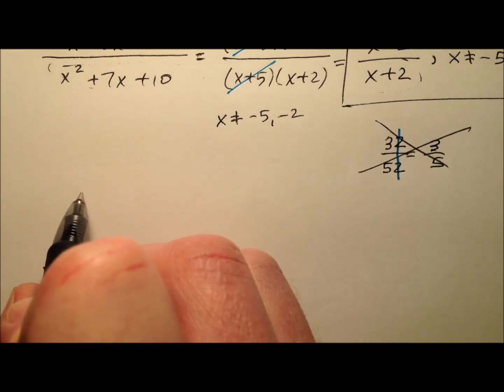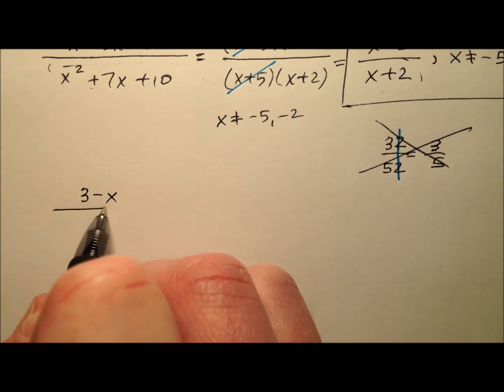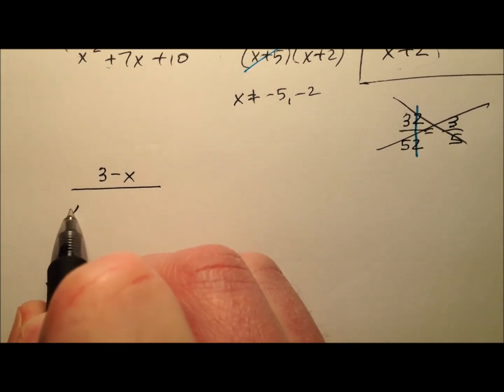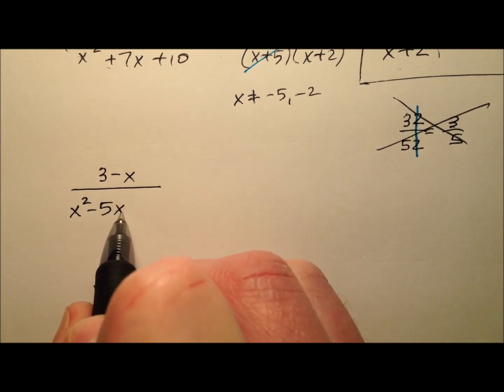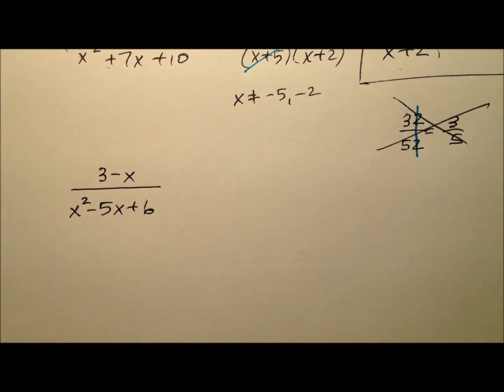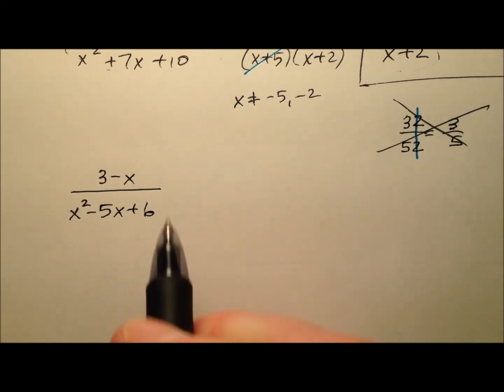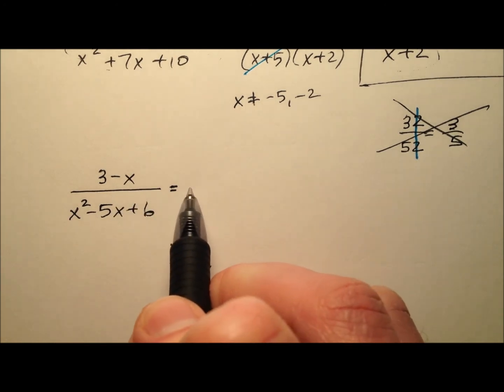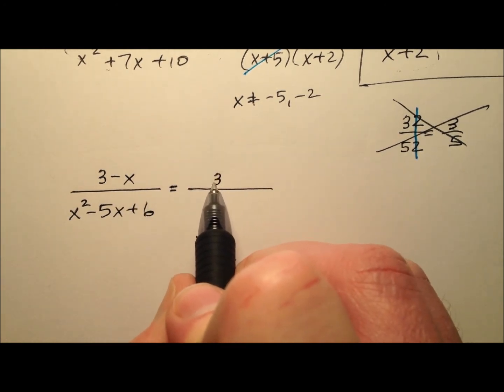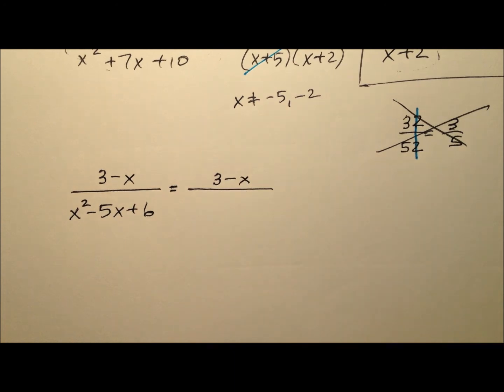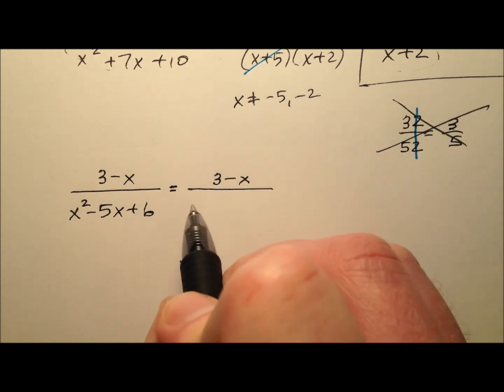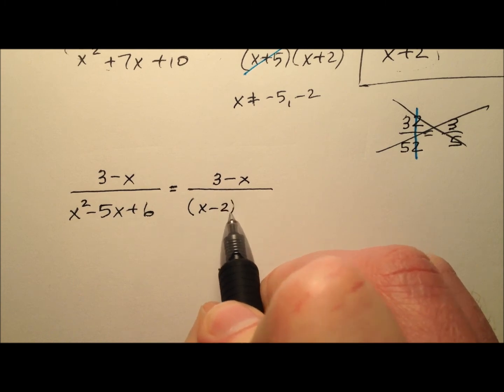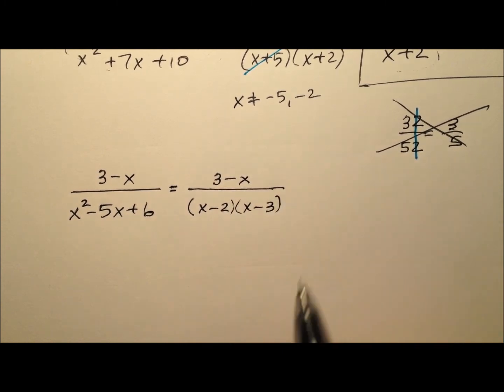So I'm going to have 3 minus x over x squared minus 5x plus 6. This is going to be a really important example because I'm going to show you a technique that you're going to use later on. So 3 minus x, you can't factor that. It's already, well, a binomial, and there's no GCF or anything like that. So the bottom here looks like x minus 2 and x minus 3. And you look at this and you say, well, it doesn't look like anything will cancel out automatically,